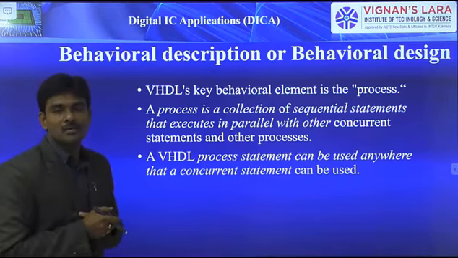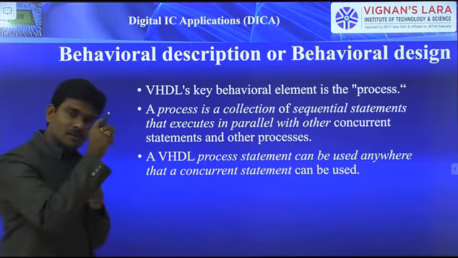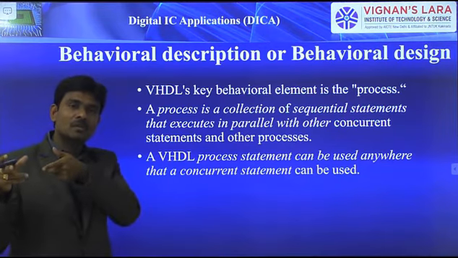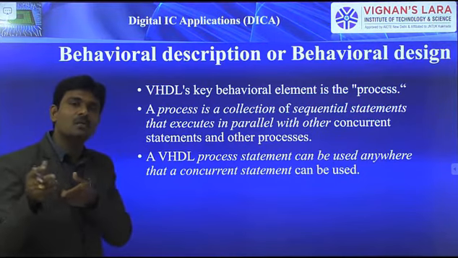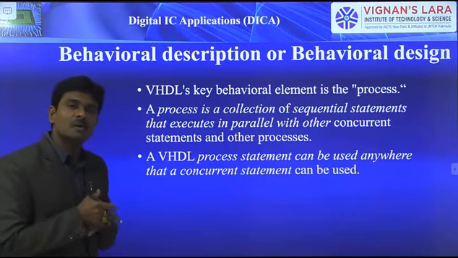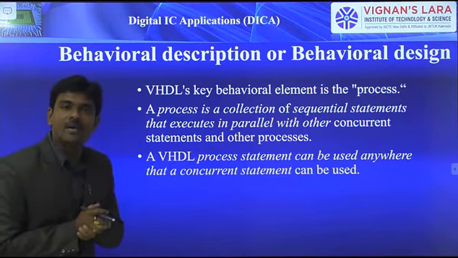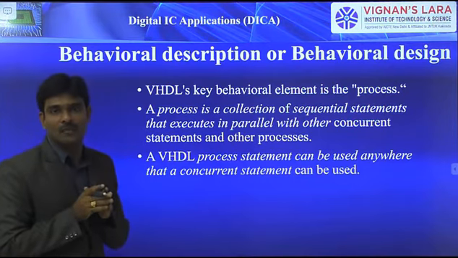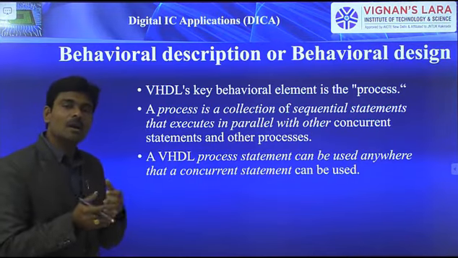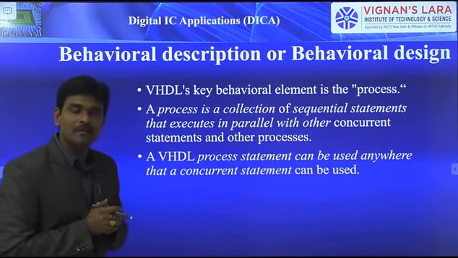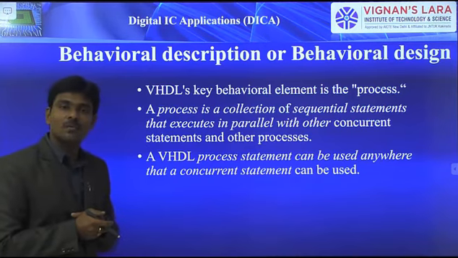For example, if I consider the two input AND gate, what is the truth table for that? For 0, 0, what is the behavior of the circuit? Output needs to get a value of 0. For 0, 1 and 1, 0 also the output needs to get a value of 0. For 1, 1 the output needs to get a value of 1. So this indicates the behavior of that particular circuit. Under behavioral description we define that behavior only with respect to inputs and outputs. That is nothing but, knowing the truth table, you can describe the behavioral description style in VHDL. So one example that we discussed is the two input AND gate.